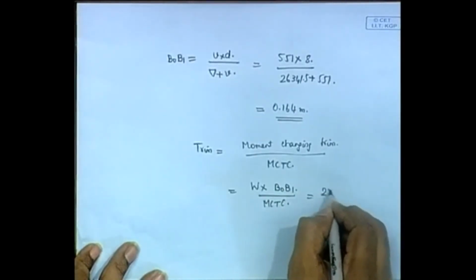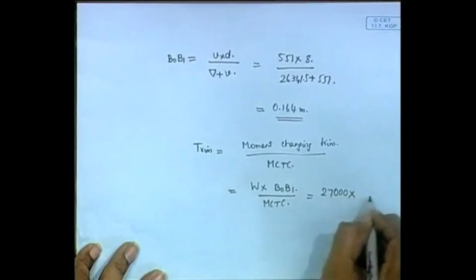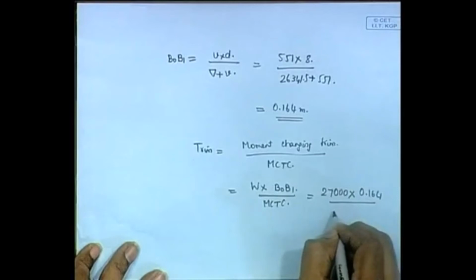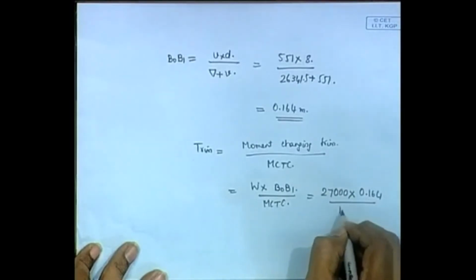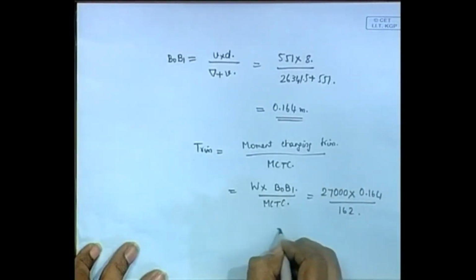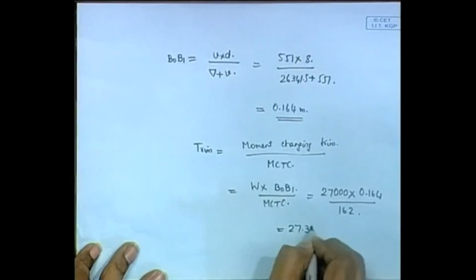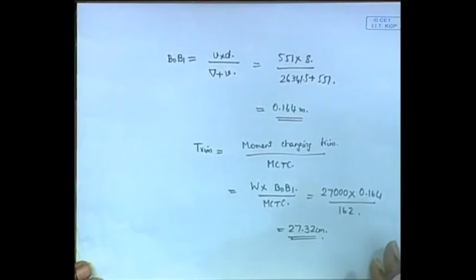W is equal to the weight of the ship, 27,000 tons, into B0 B1 we just calculated, divided by MCTC. MCTC is given. So this will give you,